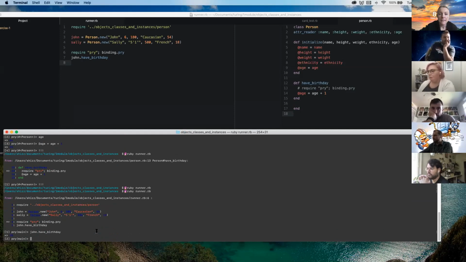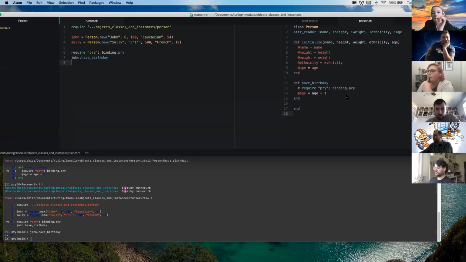Cool. But what I'll say though is on line 14, what was the thought process? Like you're resetting the instance variable, but then you're calling the method after the equal sign. I'm just wondering if there was a thought process for that or not. Oh, we're about done. Yeah, I don't think so. Okay, so we could just do age +1. Well, no, you do need to save it, but on line 14, you could do @age +1, and then